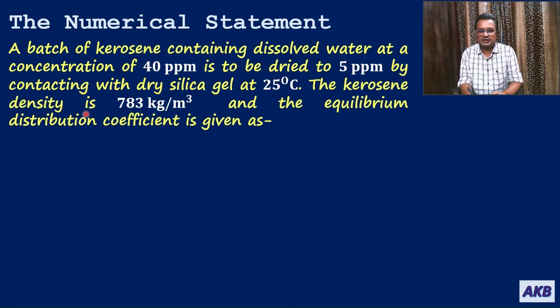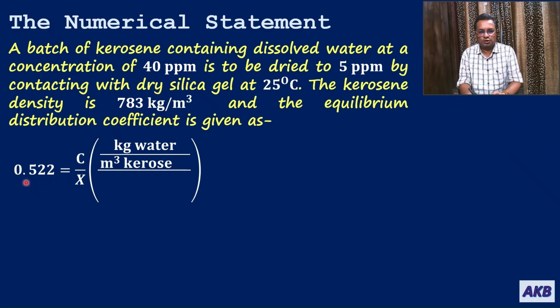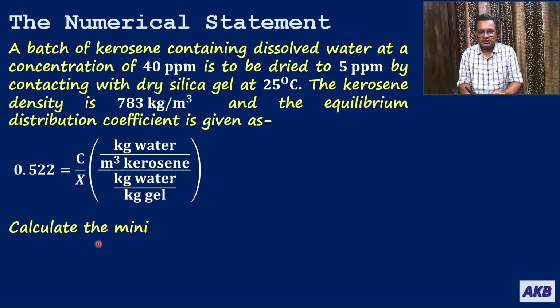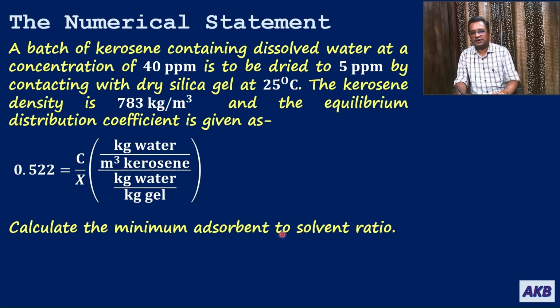The kerosene density is 783 kg per meter cube and the equilibrium distribution coefficient is given by this equation: 0.522 is equal to capital C upon capital X, where capital C is kg water per meter cube of kerosene and capital X is kg water per kg gel. So with this data, we are supposed to find the minimum adsorbent to solvent ratio that can be used in